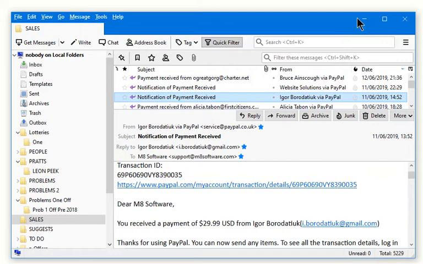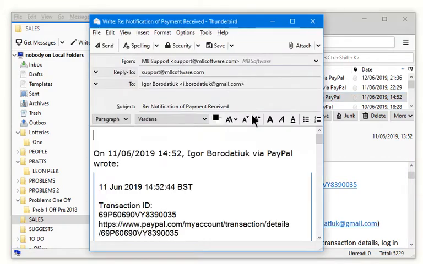Now, whenever I get an order for Spartan Standard, I just hit reply and type ST,